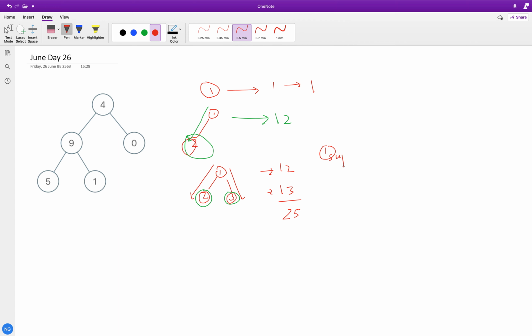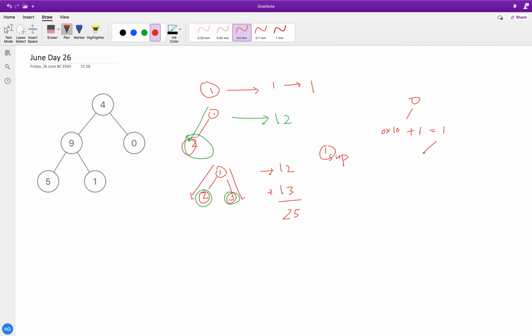Say we start from the root, we start from 0, then we multiply 0 by 10 and add the root value, which is 1, so it becomes 1.